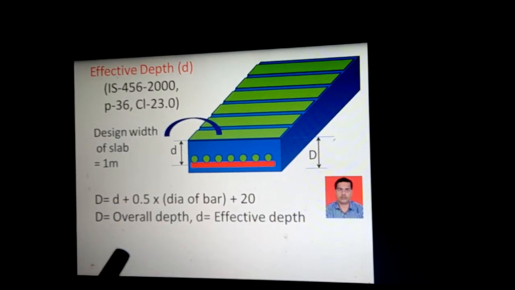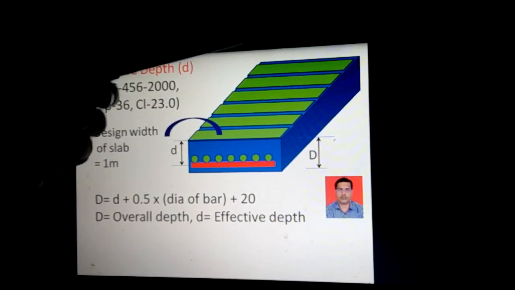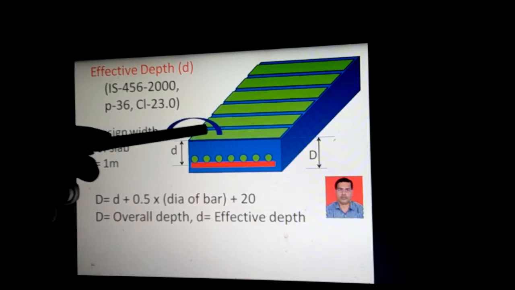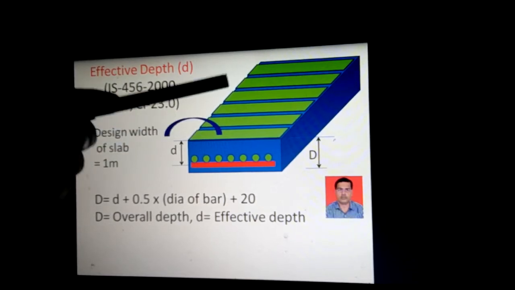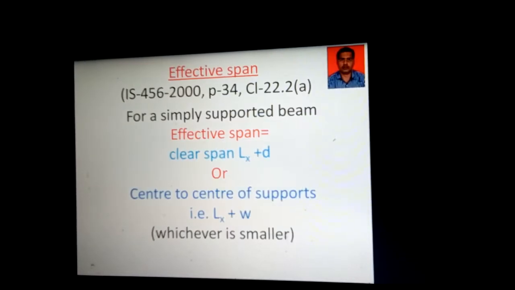One point to mention here is that when we design the slab with this small d and capital D, we have to take the minimum width, the design width of the slab, that is generally taken as 1 meter, and whatever is the length of the slab, this design would be applicable over each 1 meter of the slab throughout its length. So in design calculations, we will put the B value, that is the width of the slab for design, as 1 meter or 1000 millimeter.